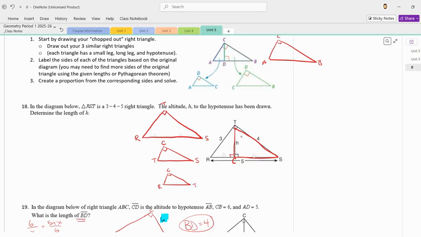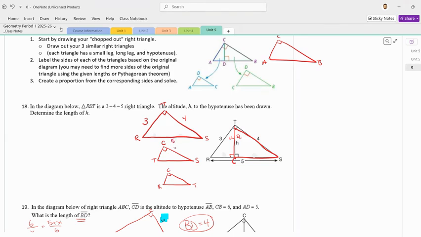Okay, one thing to keep in mind is if this is the short leg, CT, in this triangle, it has to be the long leg in the other triangle. It can't be the short leg in both. It doesn't work that way. Okay, now we're going to label everything we know. So in the really big triangle, we have sides of 3 for the short leg, 4 for the long leg,